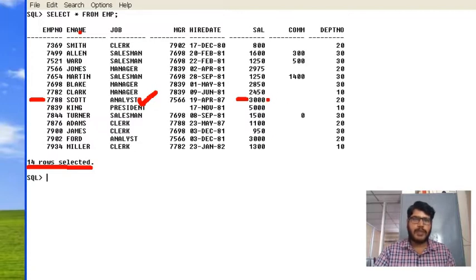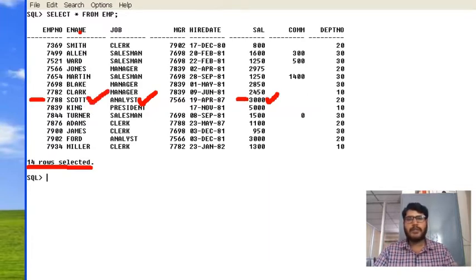You can observe here, this is now 3000. I want to modify this salary as 2000. So that means what? I want to update job as a clerk and the salary as 2000 for Scott. You can ensure there is only a single Scott available in this particular employee table. That is this one.